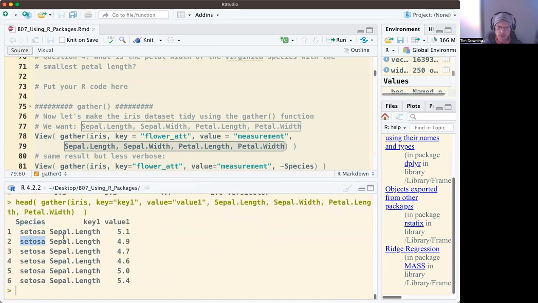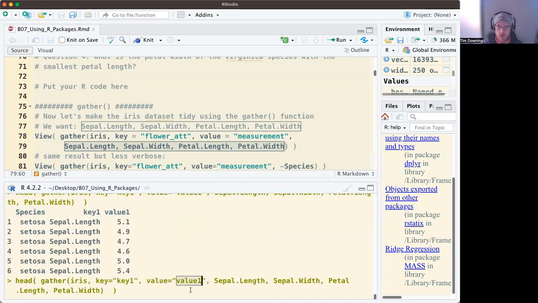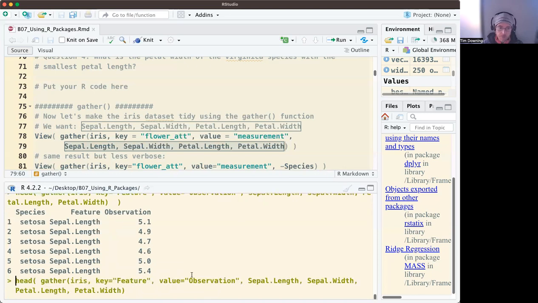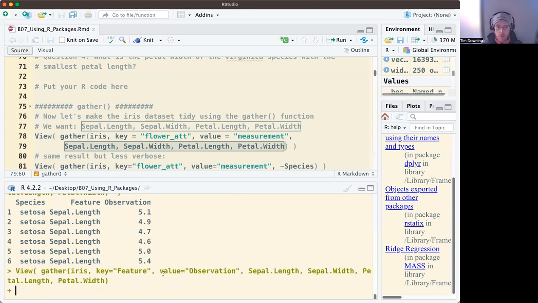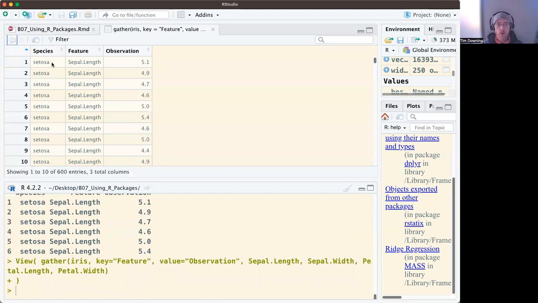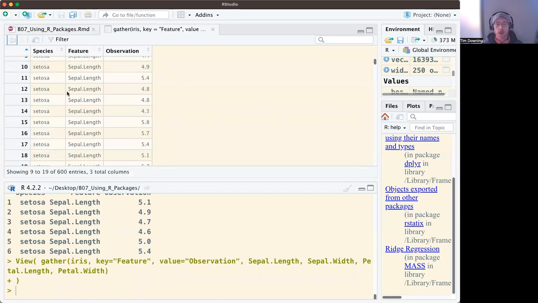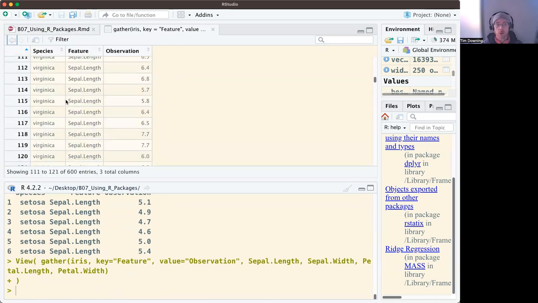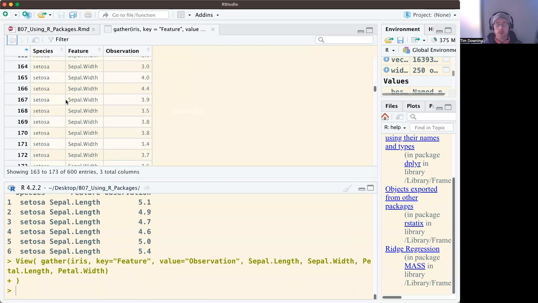Now it's organized by species. Then they have key one and value one. So we could, for example, change value into observation if you want. And the key one is the, I don't know, feature. And if we go through that all the way through, view it. Oh, lost the round bracket. Yeah, we go from Setosa sepal.length, scroll down to versicolor sepal.length, Virginica sepal.length, and Setosa sepal.width, and so